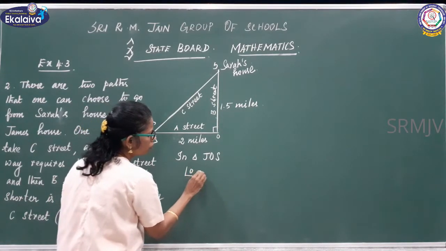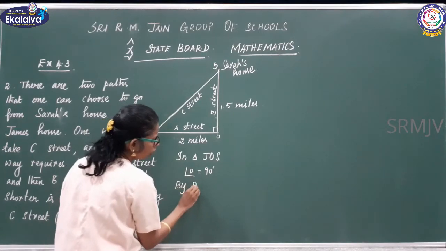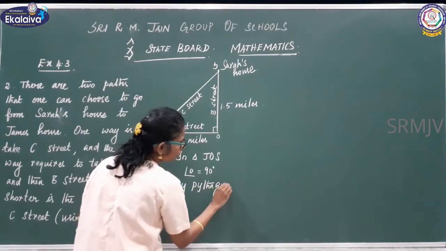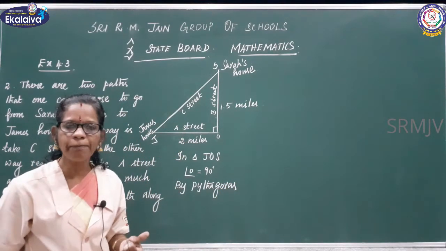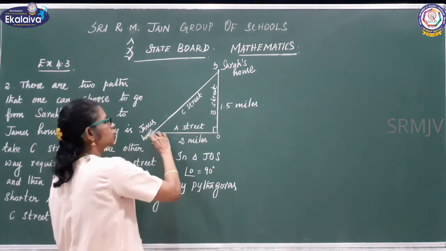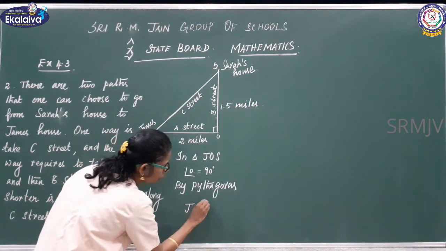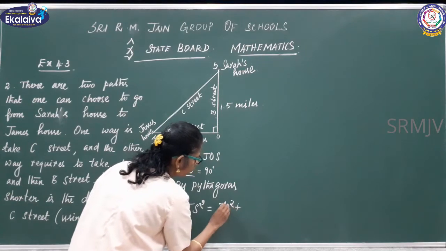Angle O equals 90 degrees, by Pythagoras. What does Pythagoras say? The square of the hypotenuse equals the sum of the squares of the other two sides. So, which is your hypotenuse here? JS. JS square equals JO square plus